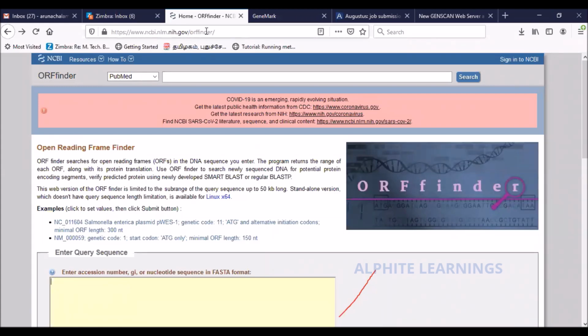Either way. All right. Now see, what does it do? It searches for open reading frames. So what is the input sequence for this program? It's a DNA sequence. So you enter a DNA sequence, and then it searches for open reading frames. And what does it return? It returns a predicted protein sequence, which is the possible translation for your DNA sequence.